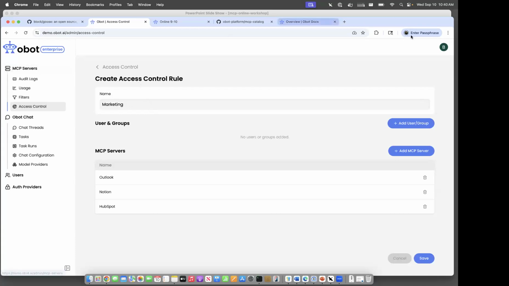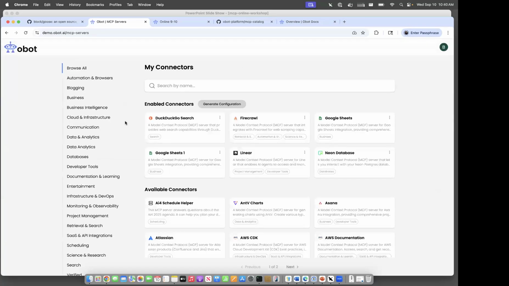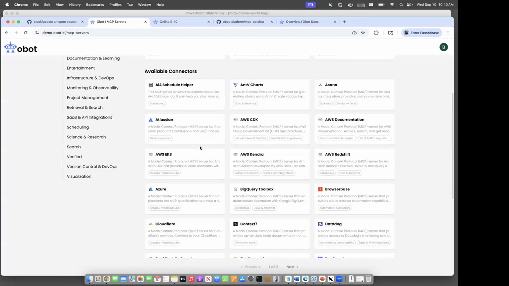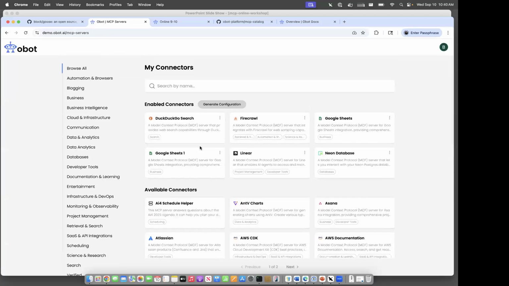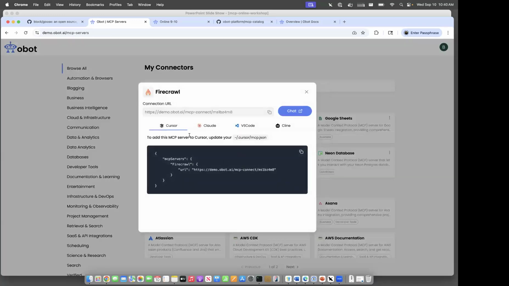And so when a logged in user comes in, they get this My Connector view. And so here they can see all of the MCP servers that they have access to. I'm an administrator on the system, so I can see everything in the catalog. And then if they want to connect to just one of these servers, they can get the connection string, and